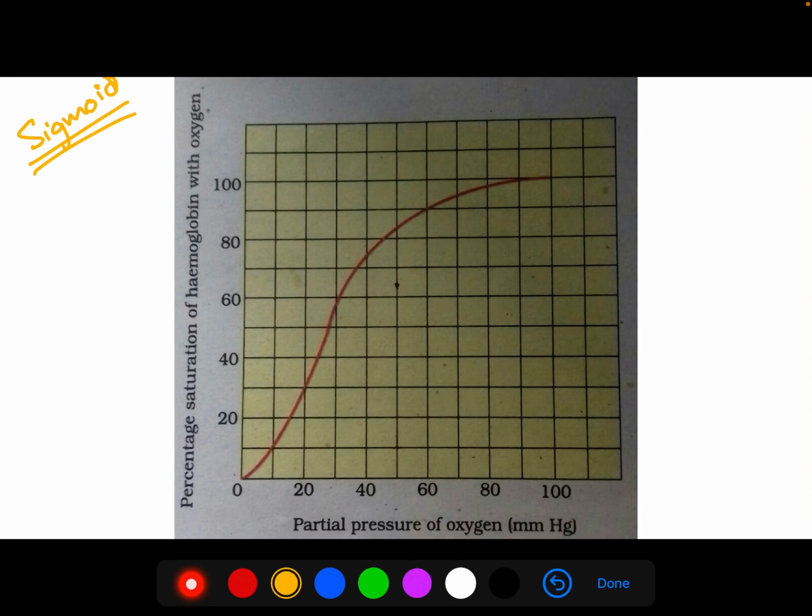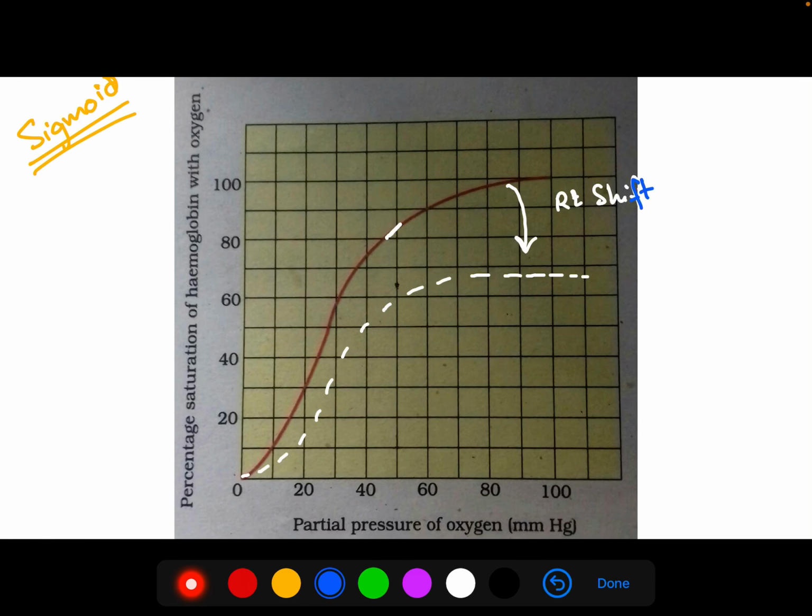So why do we need this graph? Well, there are certain factors which shift the curve towards the right and which shift this curve towards the left. So basically, what does it mean when we say the shifting of the curve towards the right? Well, this is an example of shifting of the curve towards the right, obviously, because you can see this is the curve and the curve is shifted towards the right. You can also remember it like this is right shift,